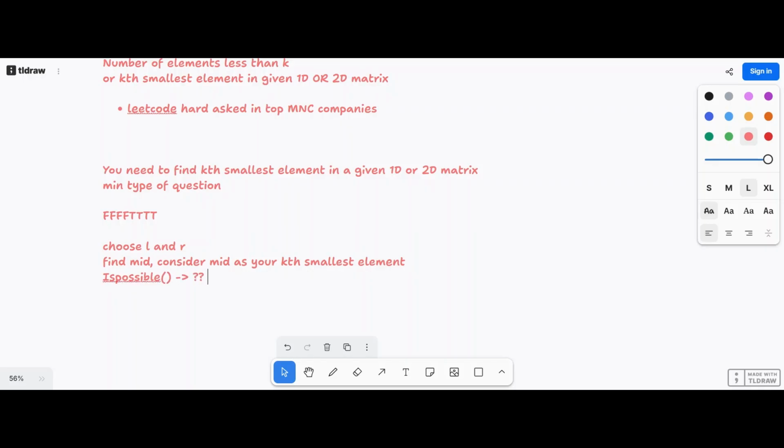What will this return? Boolean, true or false. How will this function decide true or false? What it does is count the number of elements. We need to find the kth smallest element, so we need to count the number of elements less than mid. Now, mid needs to be the kth smallest element. What is our condition? Our condition is that mid needs to be